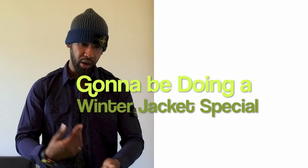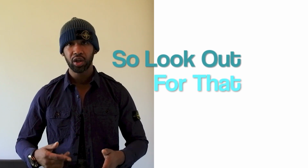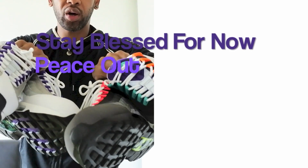I'm going to be getting some Nike Air Max 95s, and I've also managed to get the limited edition Nike Air 95. Cool colours in there, some cool colourways as you can see. We've got those Nike Air Max